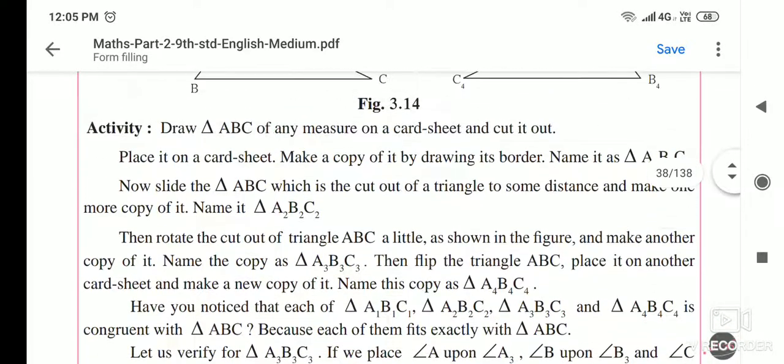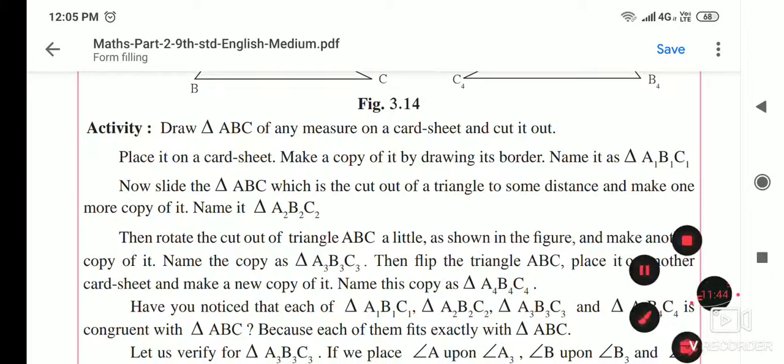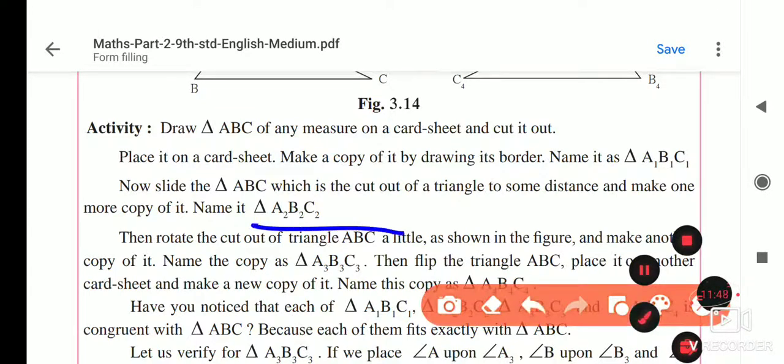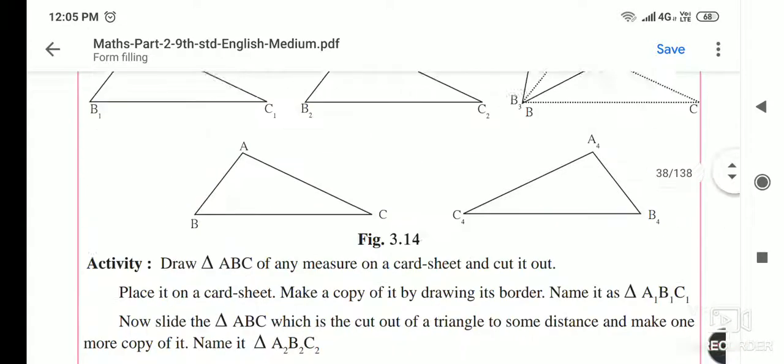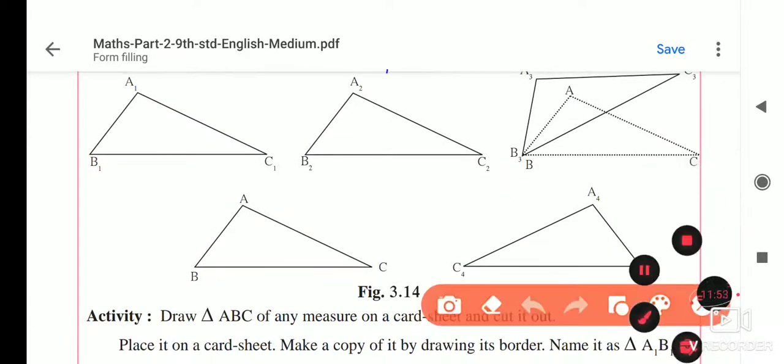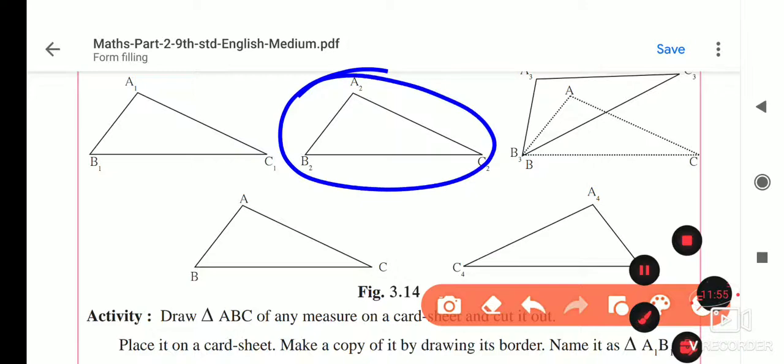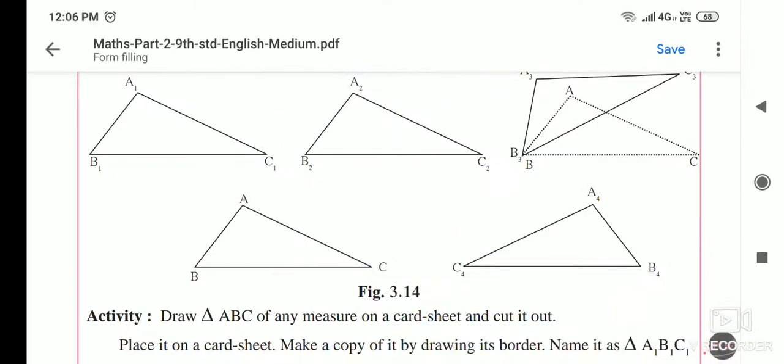Next, what we have to do here: slide the cutout triangle ABC some distance, and make one more copy of it. Again we have to make the copy, and that triangle is A2, B2, C2. So here it is, the A2, B2, C2 triangle. Okay, same we have to do. Again, what they told you,